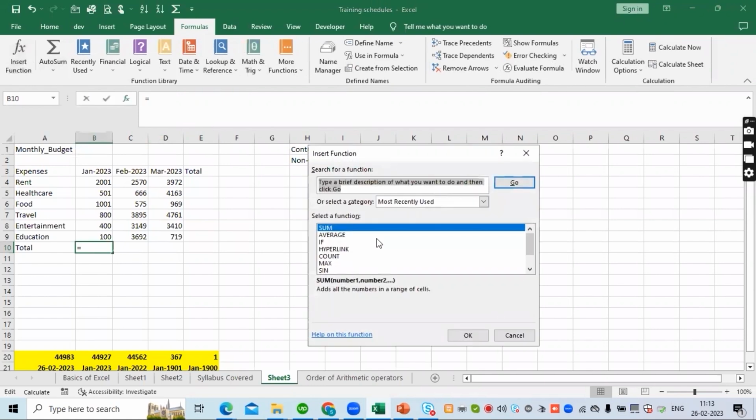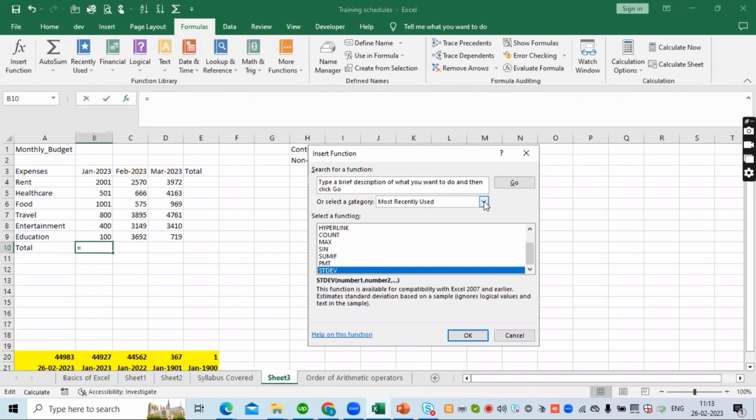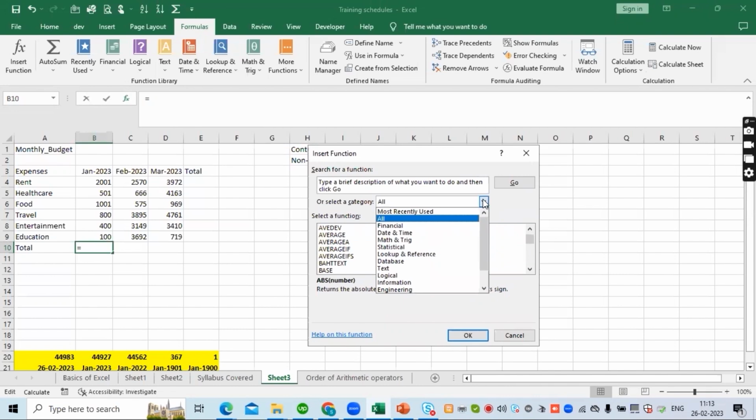When I click this, it will give different kinds of functions, like sum, average, if, hyperlink, count, sin, sumif, PMT, standard deviation, and we have a category of formulas as well. When I click all, it will pop up all formulas, including categories like financial, date and time, math and trig, statistical, logical, engineering, cube, web. There are a lot of formulas here, and we can choose the category when we insert the